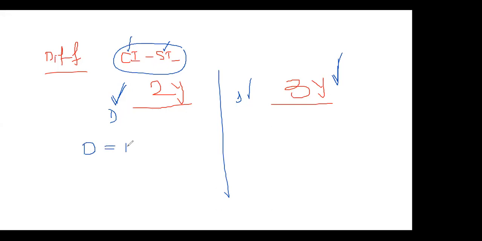Now, the formula for 2 years: difference is equal to principal into (R by 100) whole square. This is formula number 1, an important formula. Here, D stands for difference. And the remaining terms you know: P is the principal and R is the rate of interest, in percentage value. 100 is a numerical number and square is square. This is the first formula.